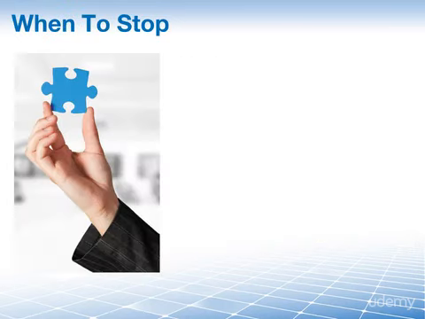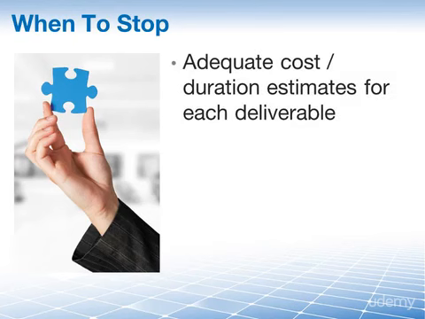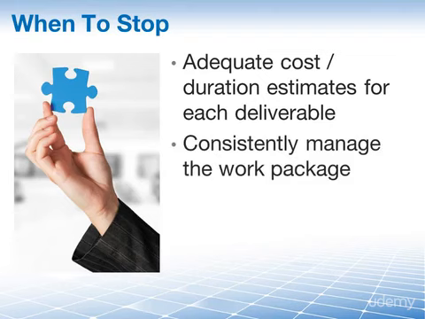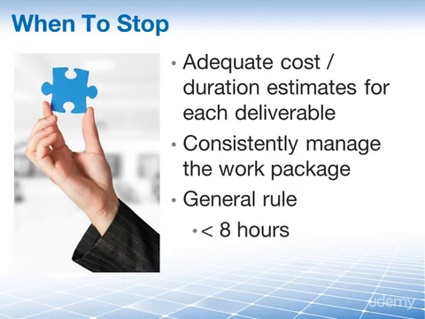As you decompose your scope, there is usually one question that you have to ask yourself, and that is, when do I stop? The answer is you need to stop at that level where adequate cost and duration estimates can be developed for each deliverable, and also where you can consistently manage the work packages. But there is also the following general rule. No work package should, in the end, be less than 8 hours in duration or more than 80 hours in duration. So you are finished, as a general rule, with your decomposition when work packages are between 8 and 80